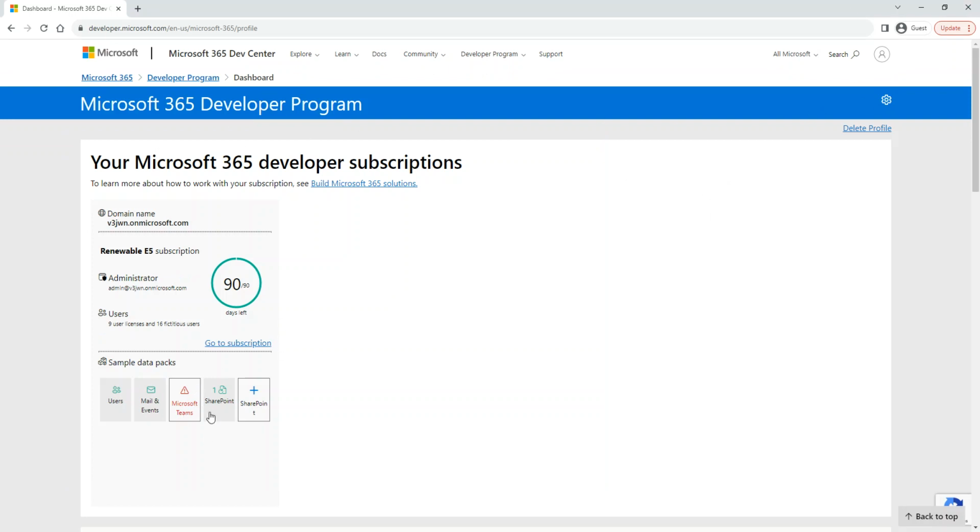I still have an issue with setting up my Teams, as you can see here. It didn't set up my Teams. Here it says 9 user licenses and 16 fictitious users, so a total of 25. The administrator is going to be this one in my case. As you can see here, it says admin at